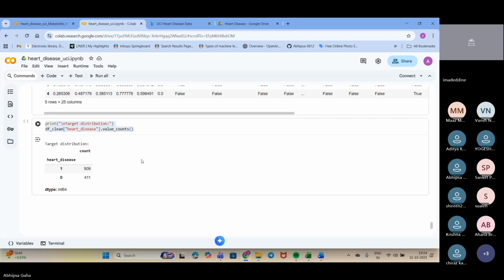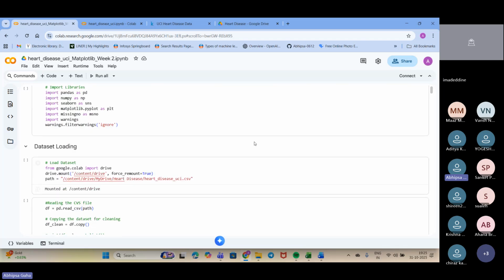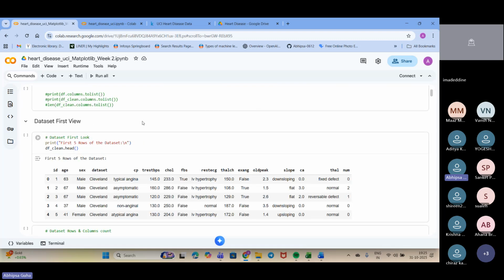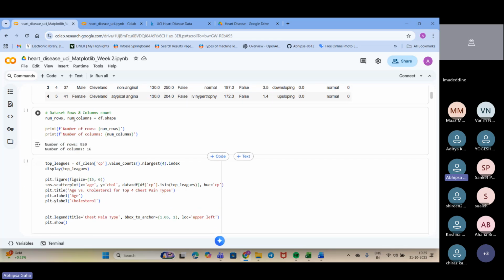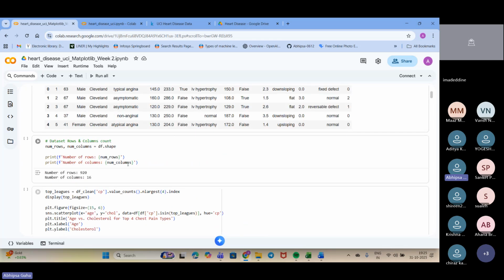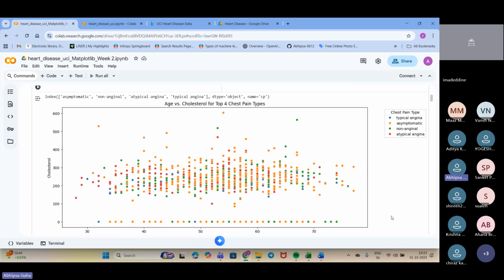Yes, ma'am. Fine. We'll then move into the EDA part. Here we need to analyze the data. That data set I have saved and I have taken it up here, and we have got the first view of it. These are the top rows, like the previous one. Now we are moving into the visualization, that is the EDA basically.